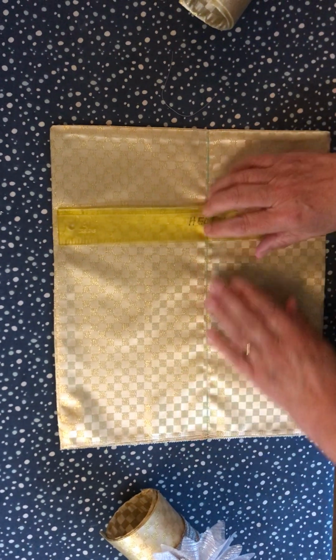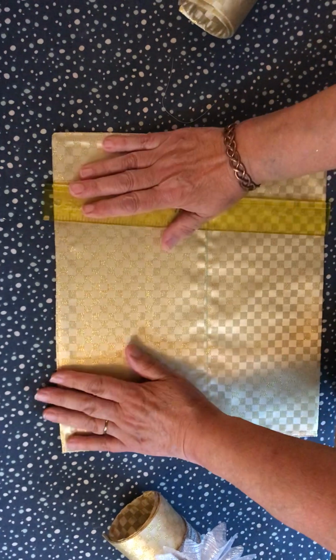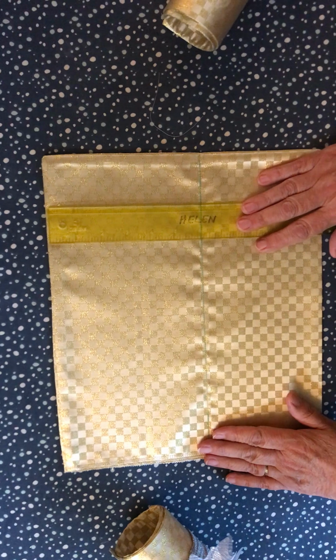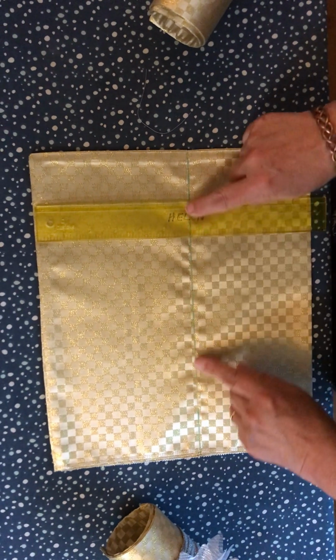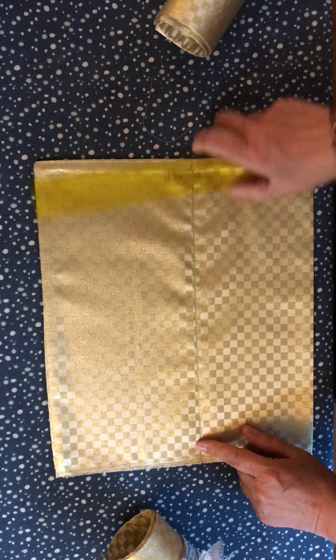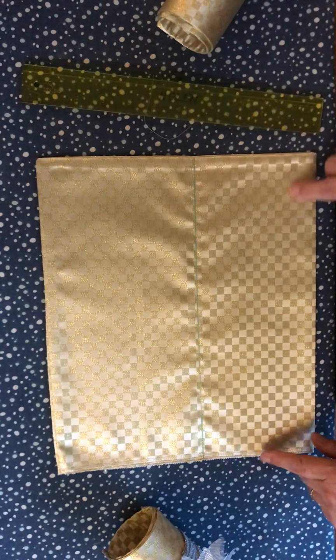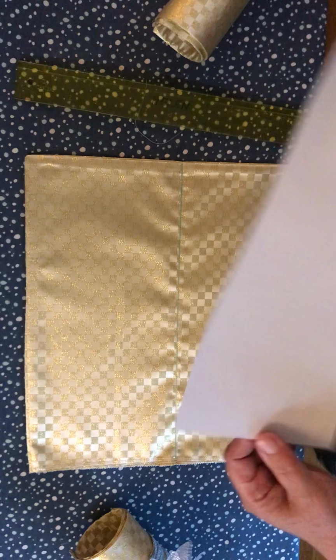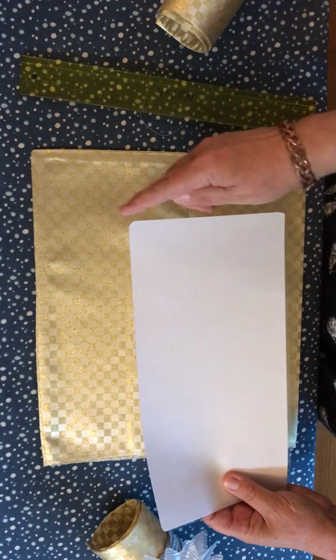I've done this with a friction pen so I can just heat it and it will disappear. You can mark it however you like, whatever your preferred marking method is. And you then sew along that line. So you've now got this, which you then get your piece of stiffener, and I just smoothed off the edges